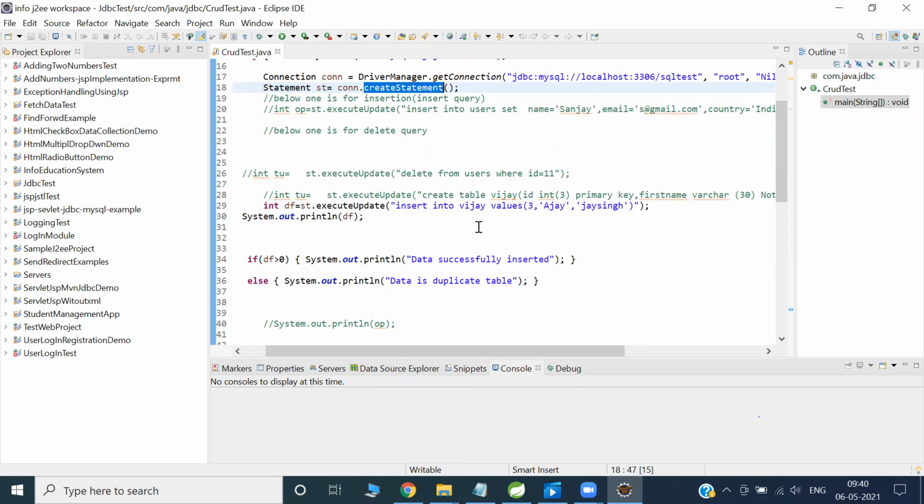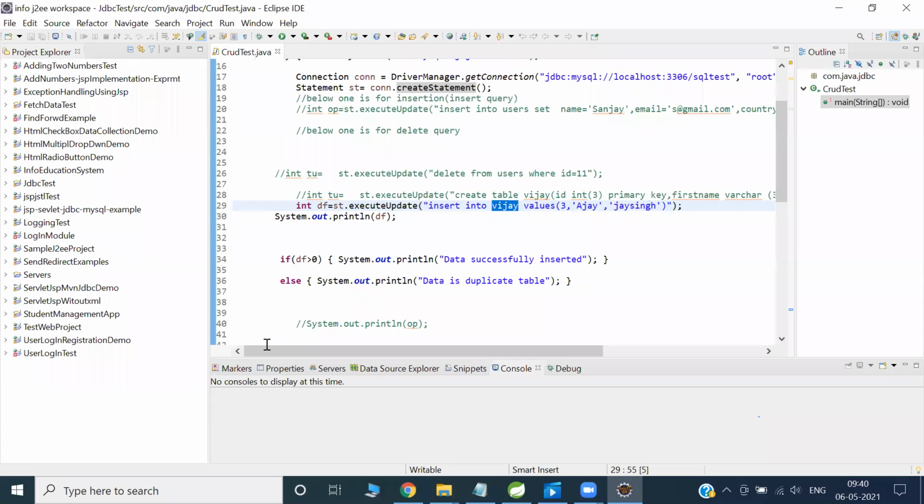So up to now we inserted the data. Who can tell me which table I'm inserting this data into? Oh, I have created the BJ table. Okay, BJ table I have created. So insert into table name. So today what we'll discuss.